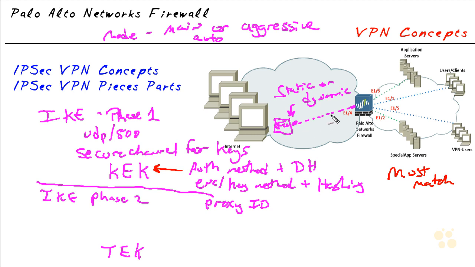If I receive traffic through the tunnel, so it is encrypted, but it's not on my list, I look at it and say, well, this should not have been encrypted, I will throw it out. Likewise, if I receive something unencrypted, via the internet, that according to my list should have been encrypted, I will also throw it out. So that's why it's important that the proxy IDs that we have, we'll call this an inverse match,